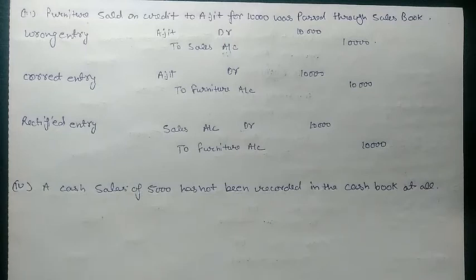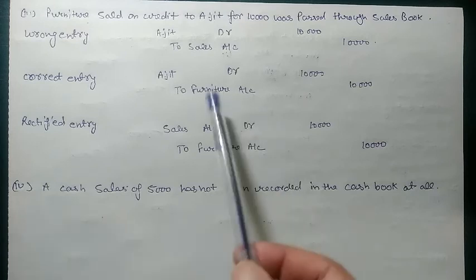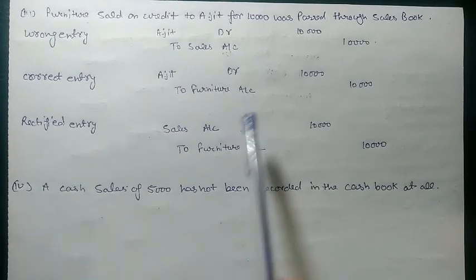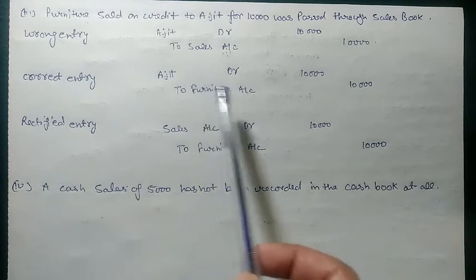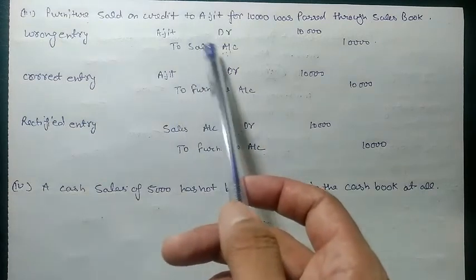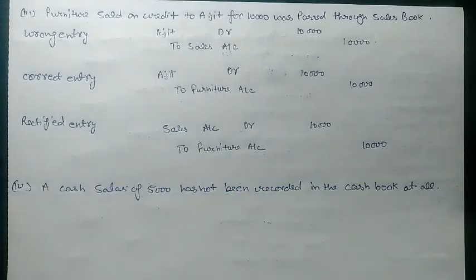The other thing is capital expenses and revenue expenses. In this case you can see furniture sold, it is capital income, in which you are going to receive money from Ajit. But what we made it through sales book, and the sales book we use only for trading goods. Then we need to rectify: we will credit furniture account, that we forgot, and we posted the entry in sales account by crediting the sales account, so we will rectify it by debiting the sales account.